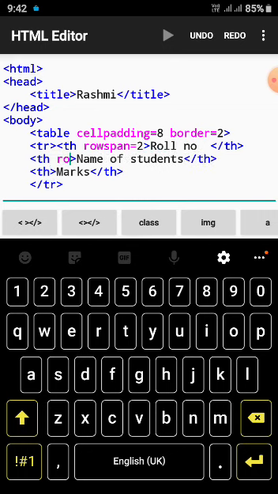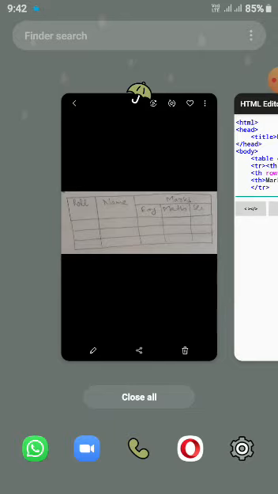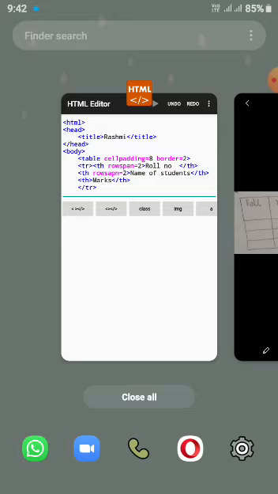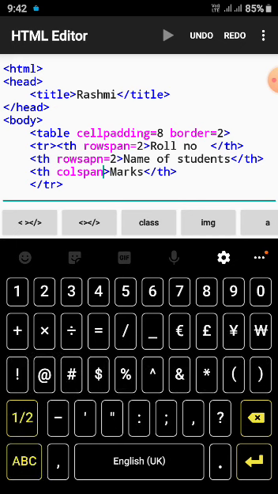Row, students. So make rowspan again, and how many rows do I make it span? 2. You check 2. Understood? 2. So now the marks are to be done. So marks get merged into what, students? Column. So you have to write colspan here, one word, remember always. Colspan equal to what? 3. Because it gets divided into 3 or merged into 3.